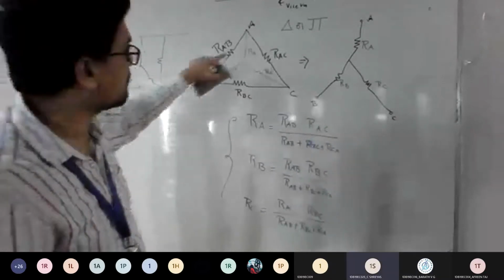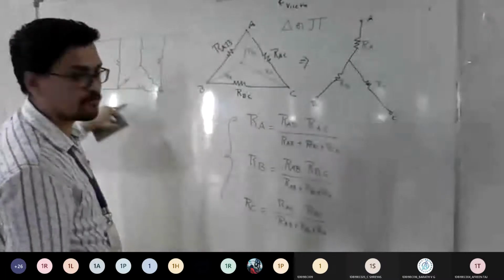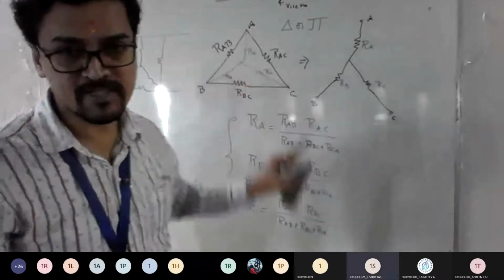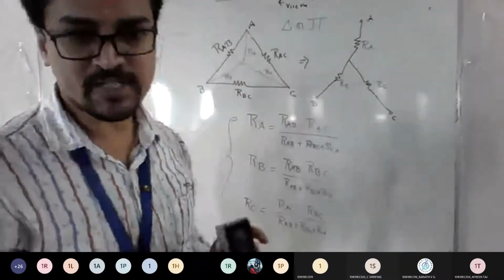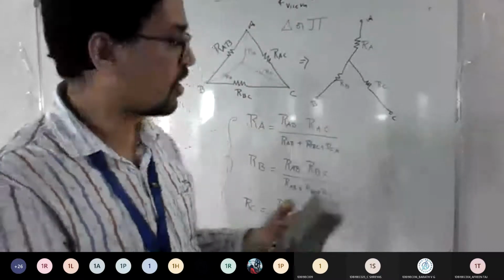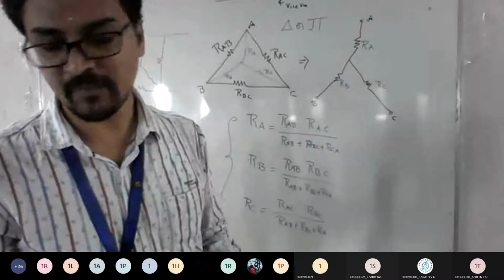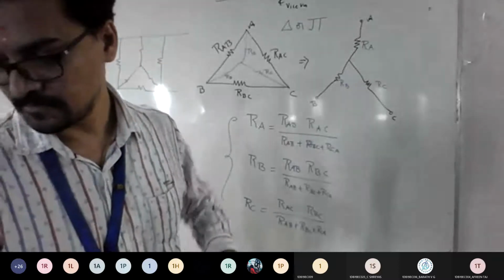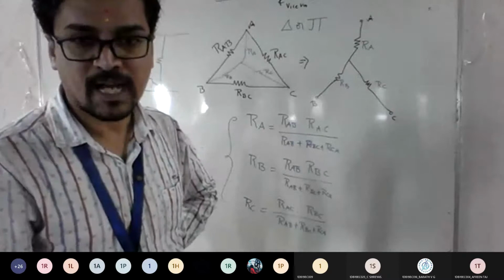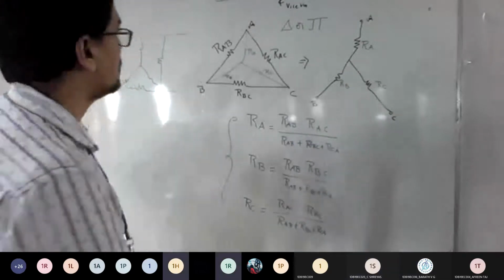In a few problems you can find such a network as delta, and in a few problems you can find such a pi concept. Then the formula doesn't change. It remains the same. You just need to align the elements properly. So I hope everyone got the concept of delta to star conversion. Am I clear till here to everyone? Yes, sir.